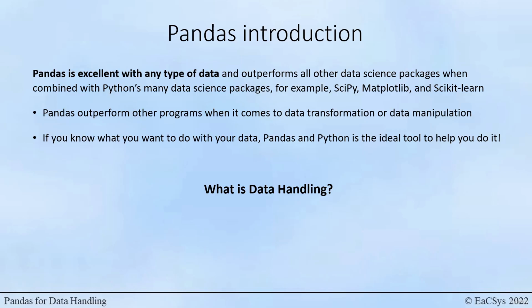Pandas is excellent with any type of data and outperforms all other data science packages when combined with Python and Python's data science packages, for example SciPy, NumPy, Matplotlib, Seaborn, and scikit-learn. Pandas is a superior data science product for data transformations, data manipulation, and data handling. If you know what you want to do with your data, Pandas and Python is the ideal tool to help you do it.